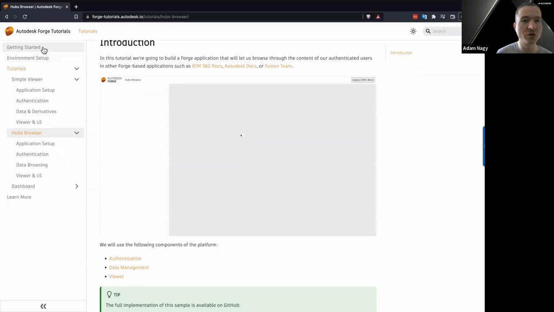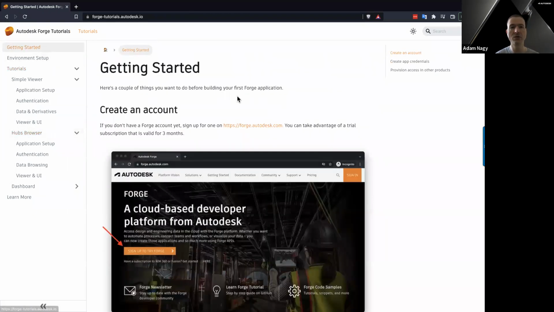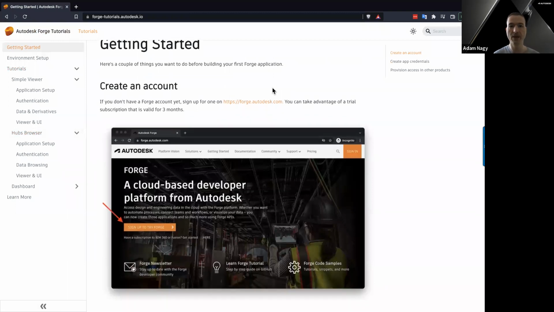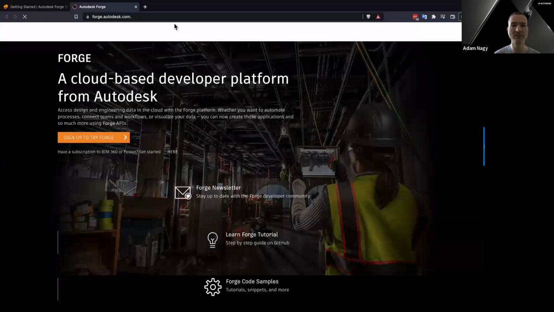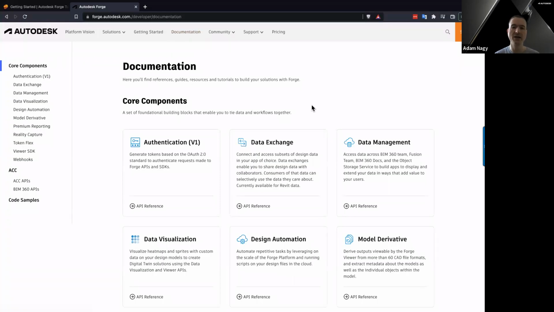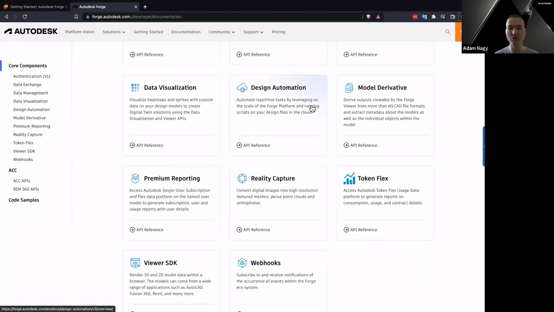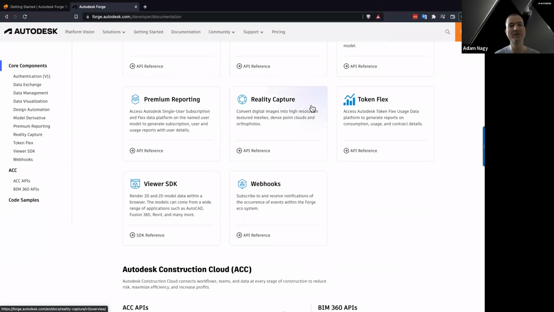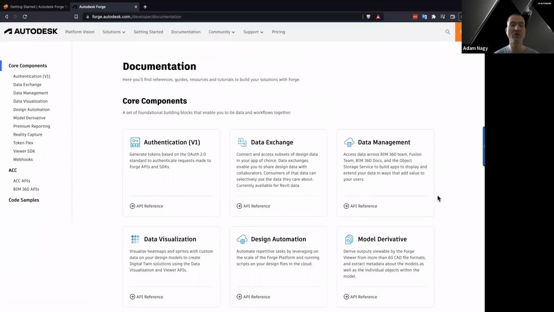Yeah, so let's just go through everything here. First of all, the getting started part in the tutorials will direct you to the forge.autodesk.com website, where you can then sign in with your account. And just to point it out, if you click on the documentation part, then you will have access to the full list of the components currently available to the public,